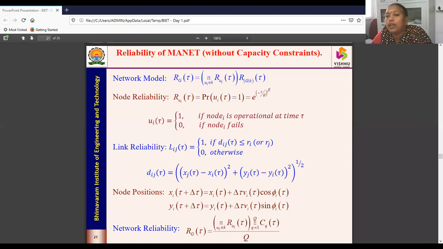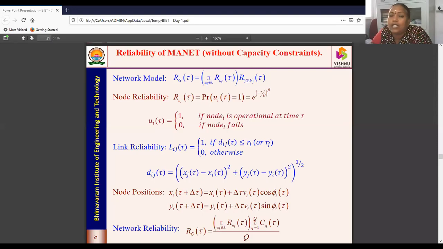And we have a 2-ray ground model. When I say 2 rays, that means 2 paths are available. One is the direct path, another is the indirect path. The indirect path is due to reflections in presence of obstacles. It could be aerial reflections or ground reflections, whatever it is. We have 2 rays in total. One is the direct wave and another is the indirect wave.